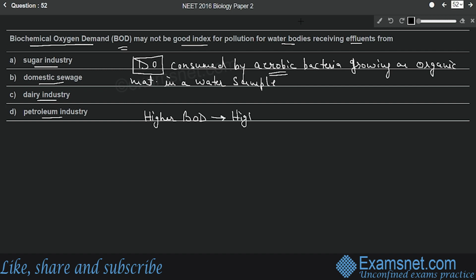Now for industries, we know that the industries must release organic material as effluents, and for them it will be a good index for pollution. So let's see, in the first one we have sugar industry. So definitely sugar industry is going to release the organic material or the biodegradable material as the effluents. And same will be the case with domestic sewage and dairy industry. So these are going to release the biodegradable or organic materials as effluents, but the case is not true